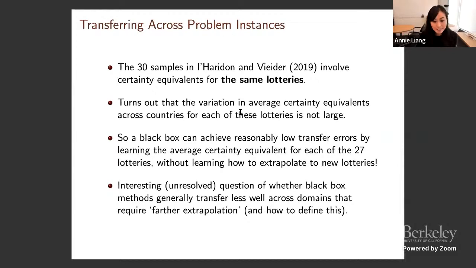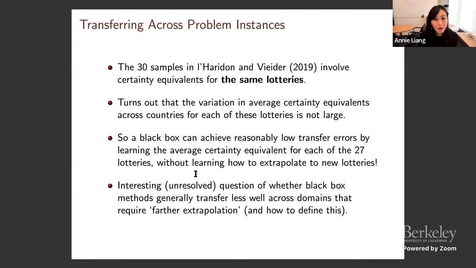But I think what you're saying is exactly in line with what we're finding here, right? So the 30 samples in this paper had exactly the feature that the X space was the same. So there was a little bit of variation in the conditional distribution of Y given X, but because all the domains have the same x's, this transfer prediction problem is in a sense less demanding,